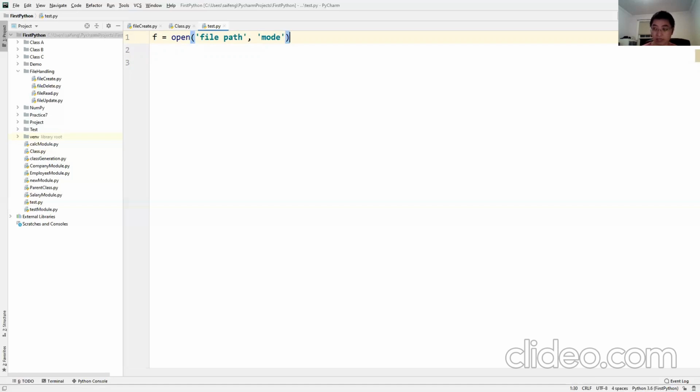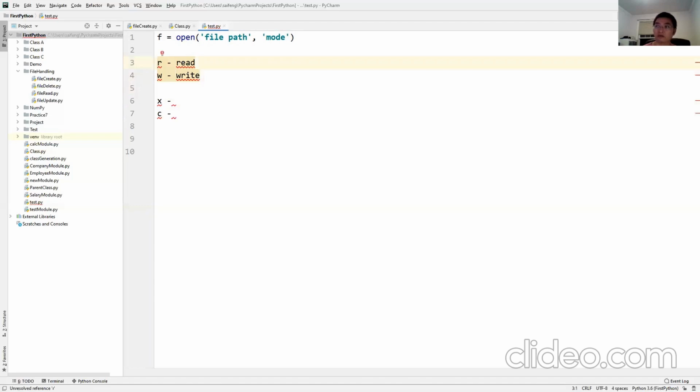So what are the different types we have? R. Remember? Louis, continue. What are the other modes we have? R is read, W is write, X is I think delete, and C is create. That's as far as I remember. X is delete? X is not delete.